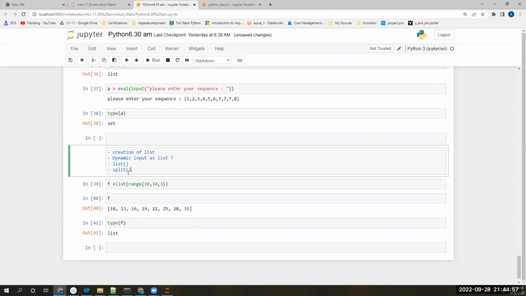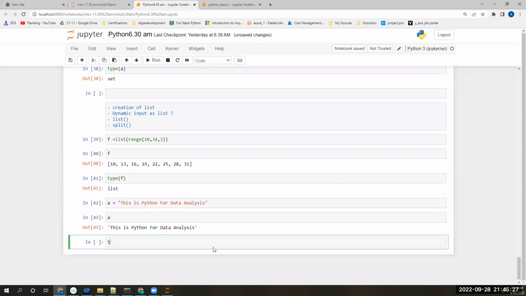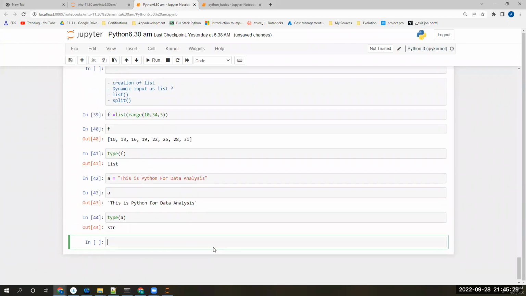What is the meaning of that particular thing, especially? Split divides, which means it's only two parts. For example, what is its data type? String, right? Now, if you use split,